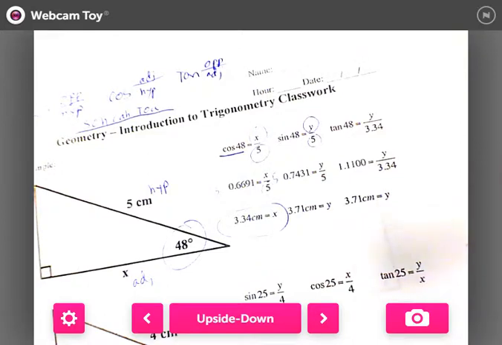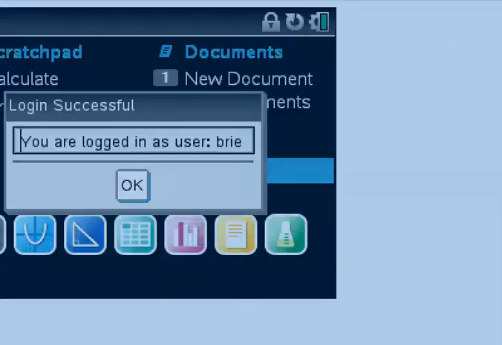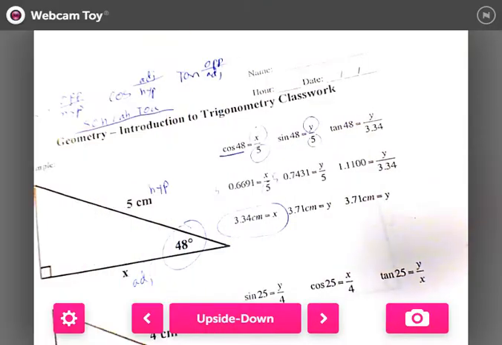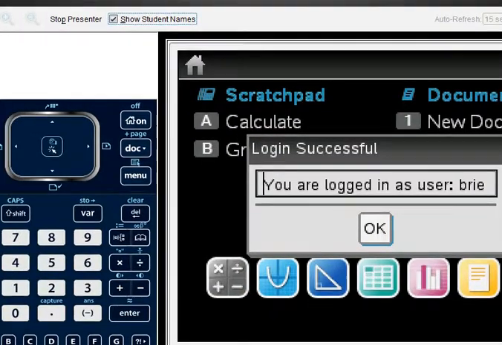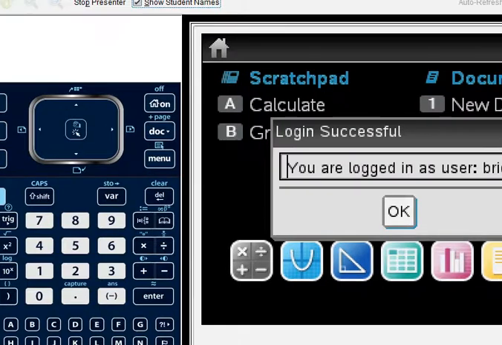Okay. So if I'm right here, let me make this way smaller. Hold on. Somebody grab the door, please. So if I'm right here, okay,